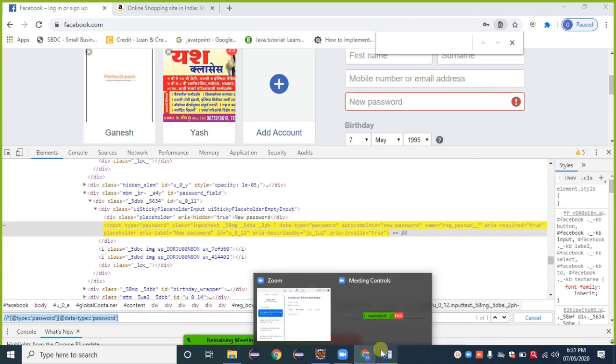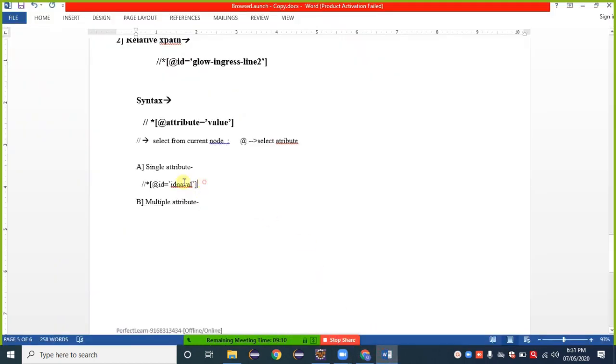When a single attribute XPath is not sufficient, in that case I can go with multiple attributes. Another type of XPath is by using AND.